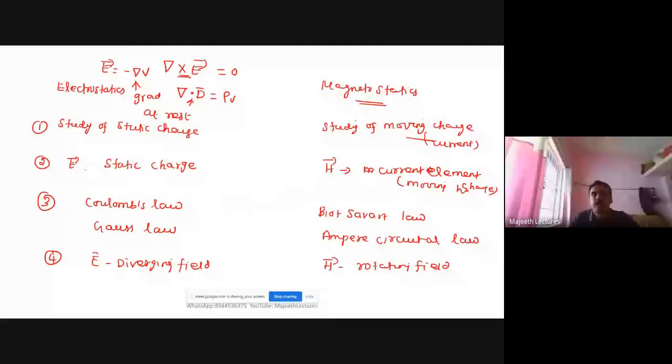Here in magnetostatics, del cross H is equal to J, and del dot B is equal to 0. You see curl, you see divergence, and H is equal to minus del Vm, the gradient. Only these three mathematical parameters play a crucial role in the total subject. Let us see all the things now. I made electrostatics in only one slide. This will be helpful for your exam.